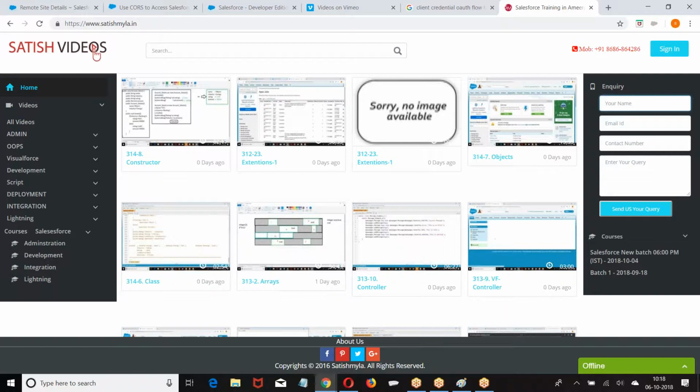Whatever data you are passing, I am taking your data in the form of a post method. I am sending it to my Salesforce application. I made a Salesforce website at the backend. Now the request is going to the Salesforce website and the data is accessed. Here I am not taking your client ID, client secret, no such type of things. Your username, password, straight away, basic URL with the post method. Now this application of satishmehta.in, from where you are accessing your videos, is purely a URL with the post method.